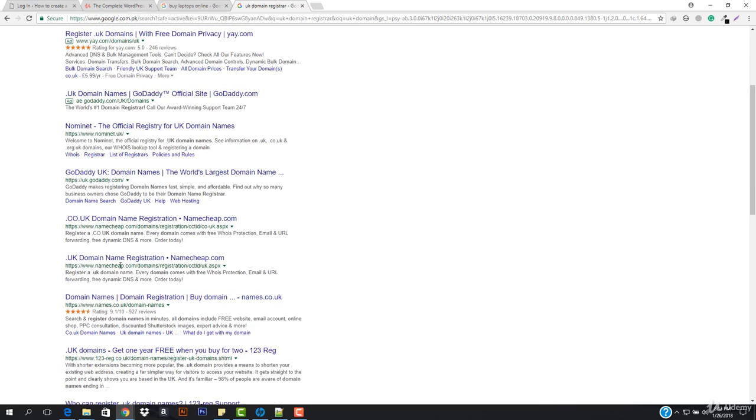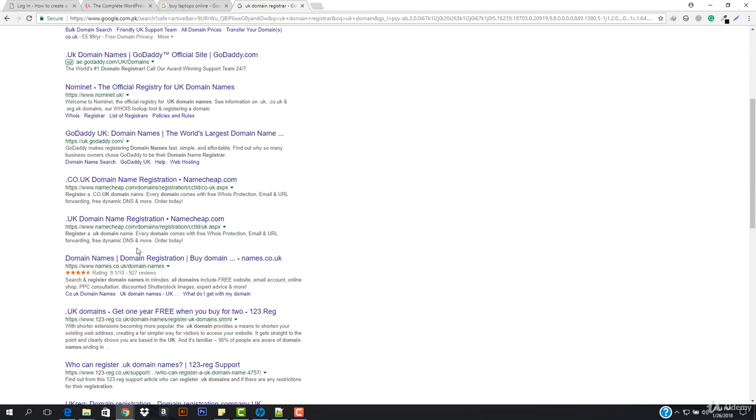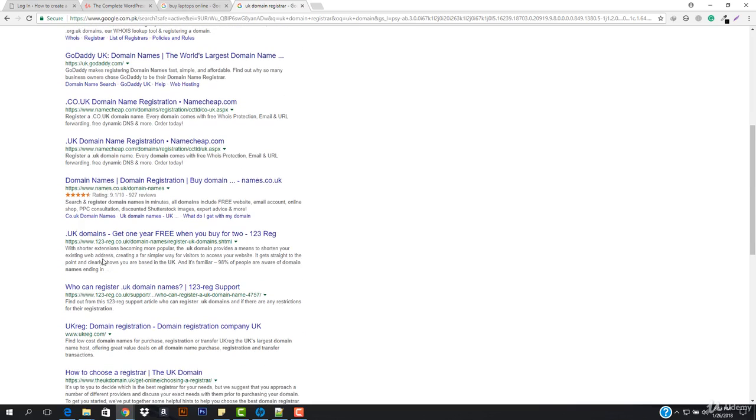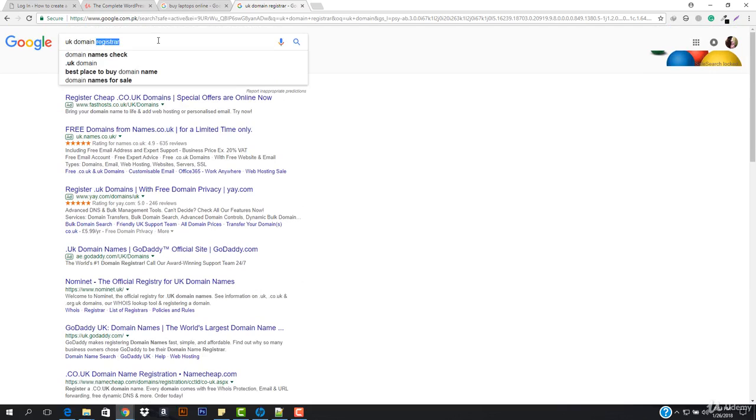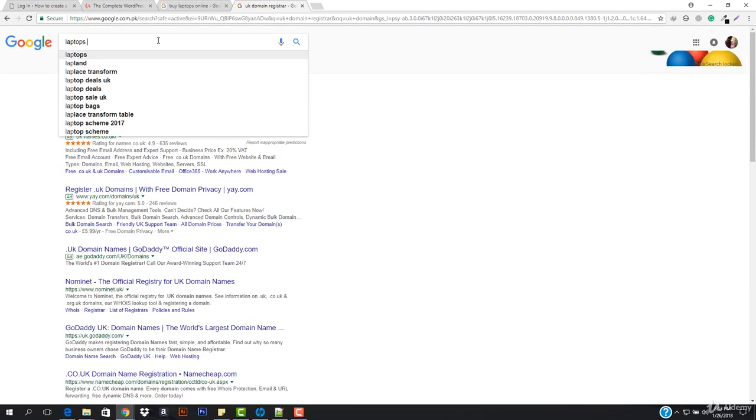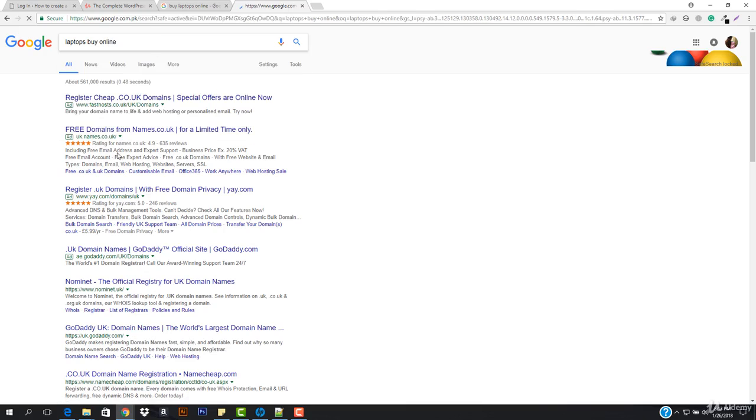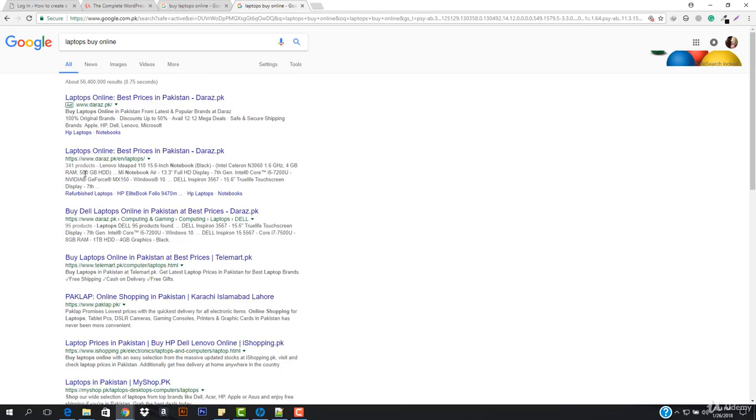Okay, so this is how it's going to work. I have to focus on a brand name. You can see GoDaddy is a brand name, Namecheap is a brand name, Names is a brand name. If I just search for what we were searching before, laptops buy online, then you can see that every domain name here is a brand name.